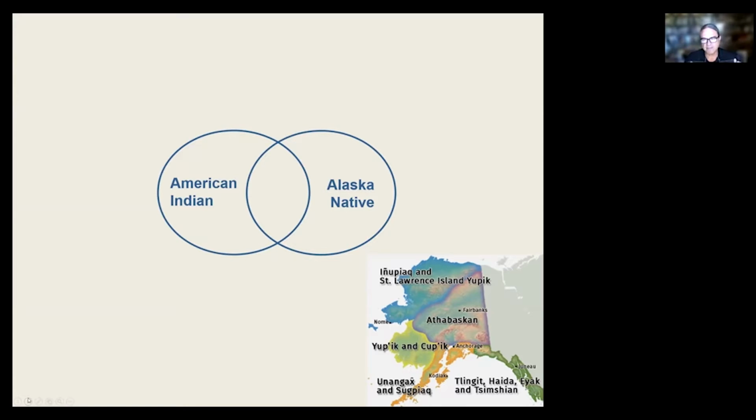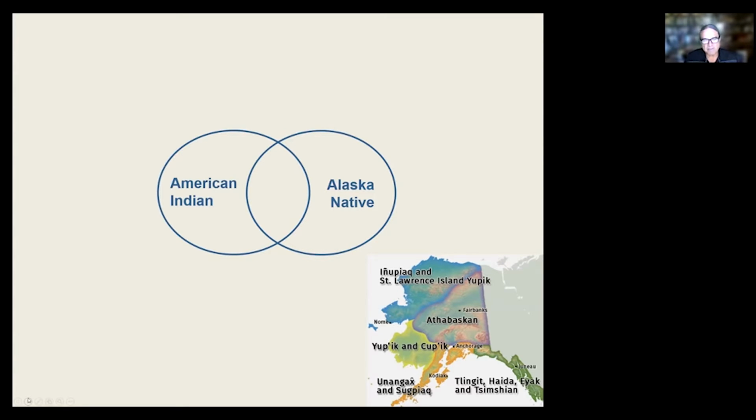So when we look at the American Indian and Alaska Native population as a race in the United States, these are the indigenous peoples of North America. So it really is the 49 states that are in North America as American Indian and Alaska Native. Now, when we look at the map of Alaska, in central Alaska, there's a large tribal group called Athabascans. And the Athabascan group is an American Indian cultural group. And actually even Navajos and Apaches in the southwest of the United States are Athabascan cultural groups. So in Alaska, Athabascans are both American Indian and Alaska Native.